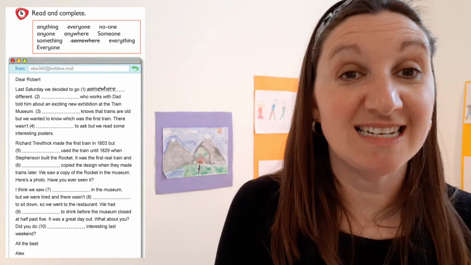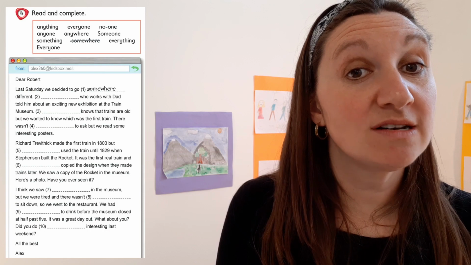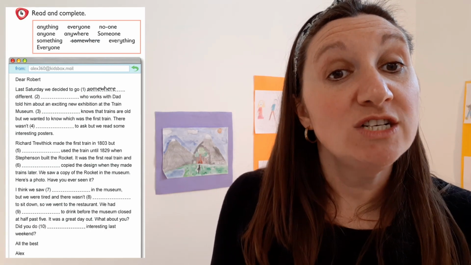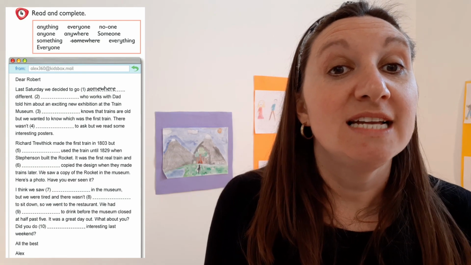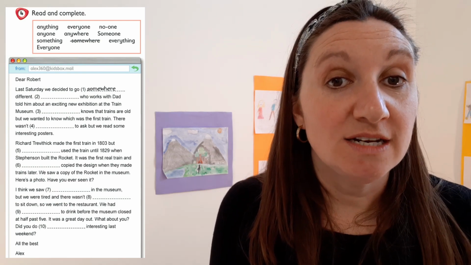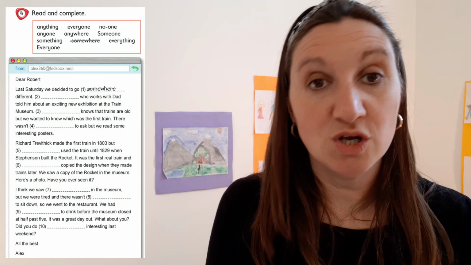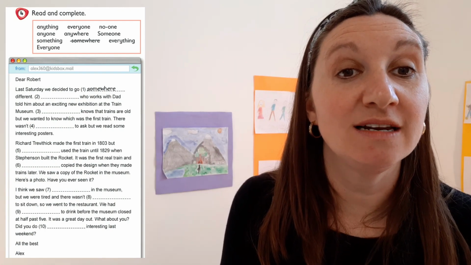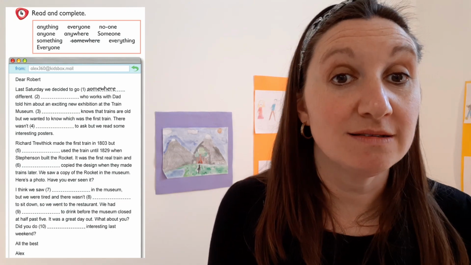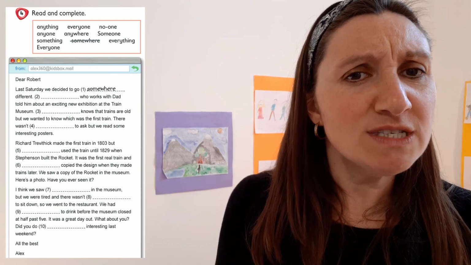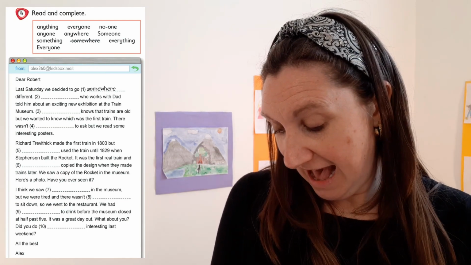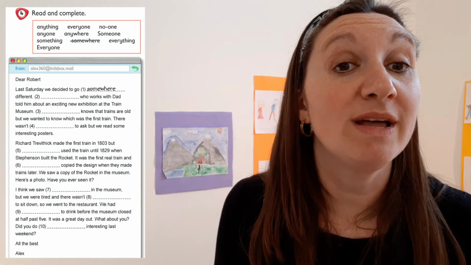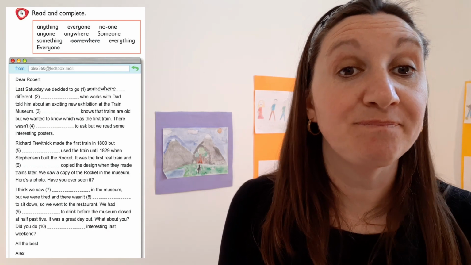There wasn't anyone to ask, but we read some interesting posters. Richard Trevithick made the first train in 1803, but no one used the train until 1829, when Stephenson built the Rocket. It was the first real train, and everyone copied the design when they made trains later.